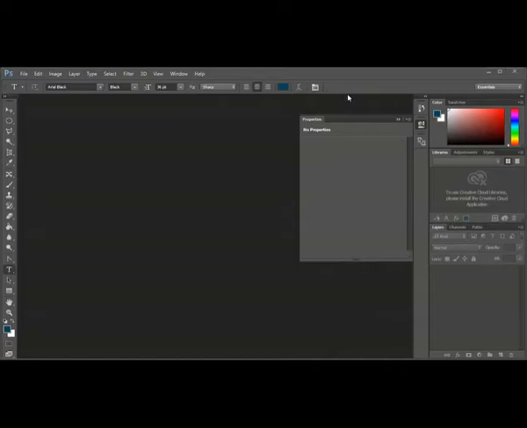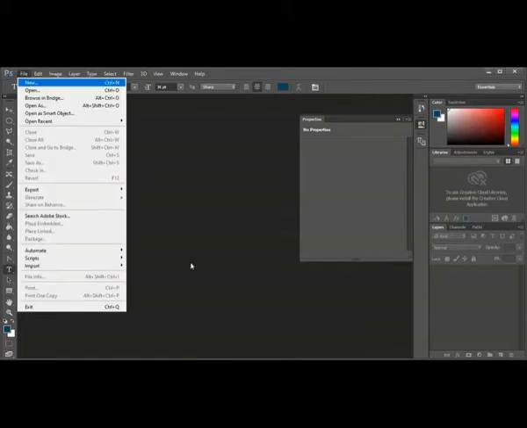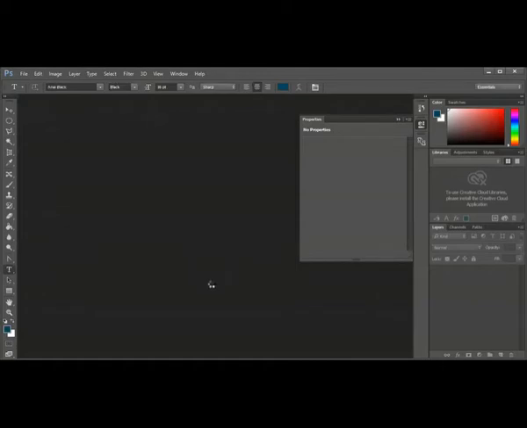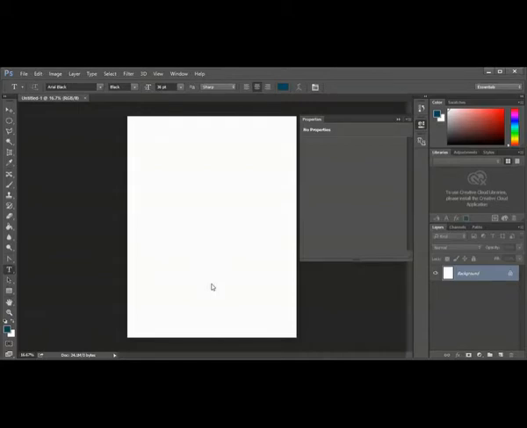So let me open a new sheet now. When I create a new page, you can see it created a background layer here. You cannot say exactly that background is a layer, but we can just think that background is also a layer.